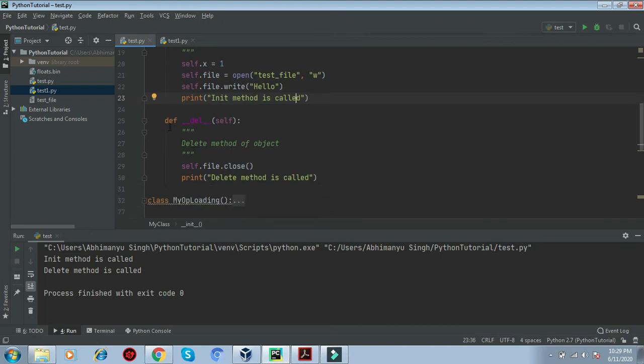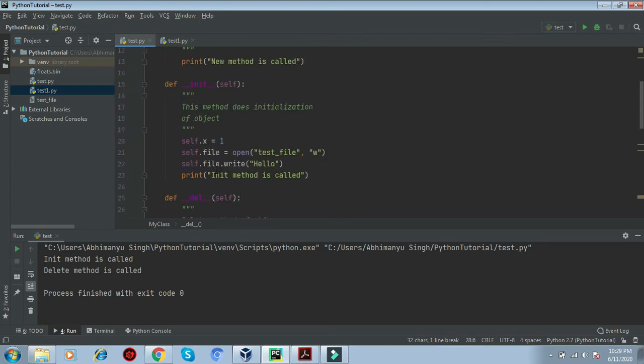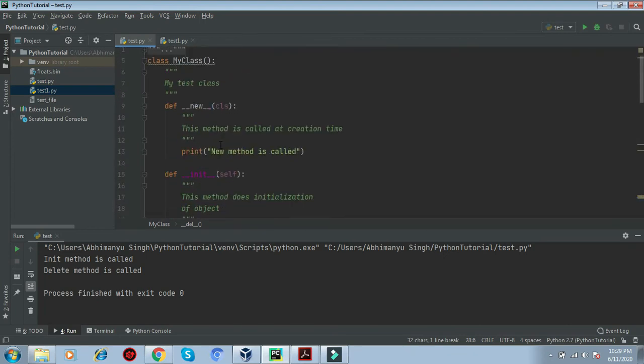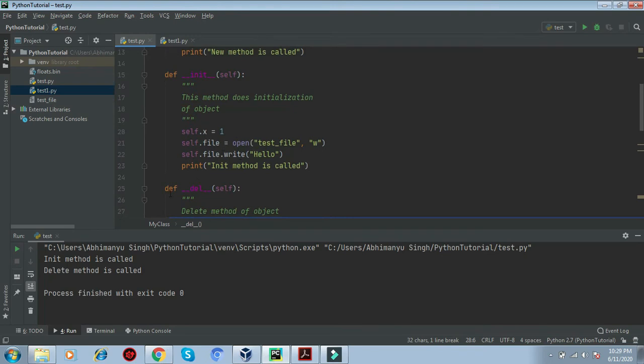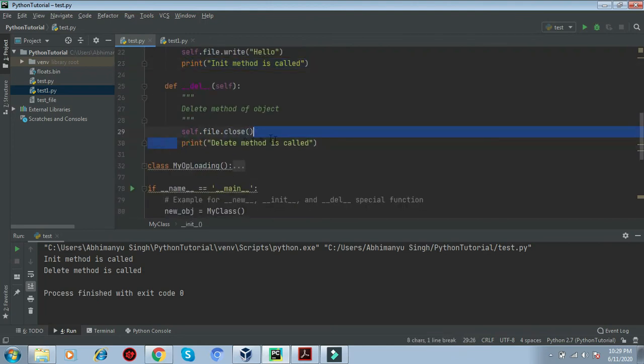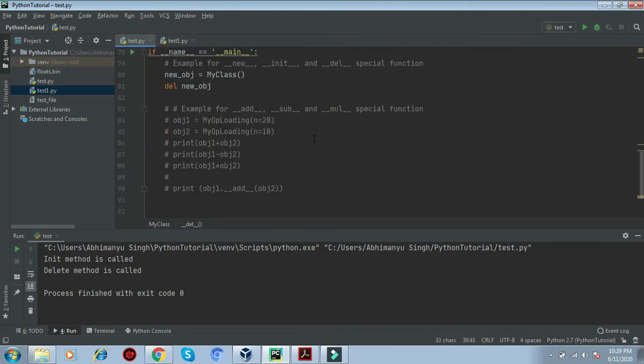Similarly, here is the __del__ method, which deletes the object, and when we delete an object we release the resources associated with it. When the init method is called, this print will appear, and when the delete method is called, this print will appear. Now I'm going to execute this.